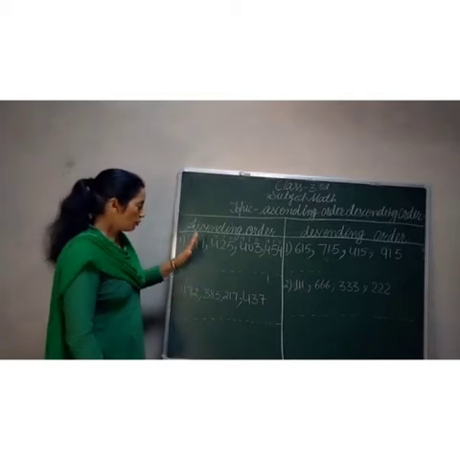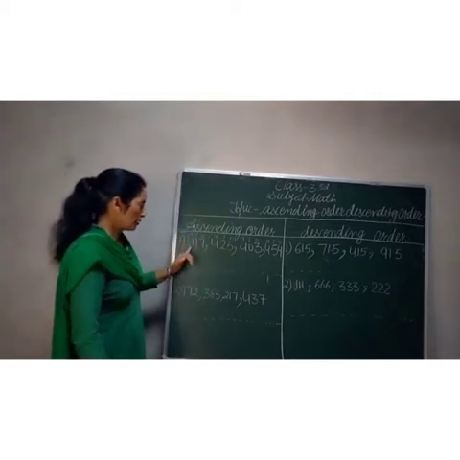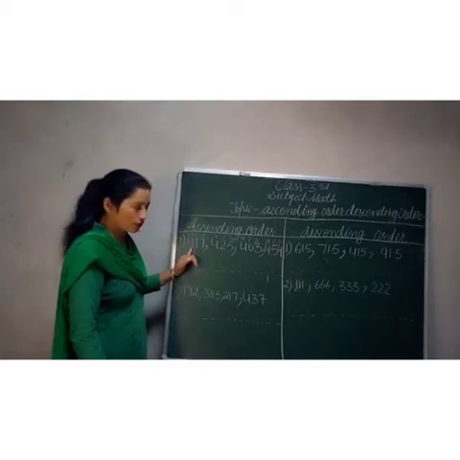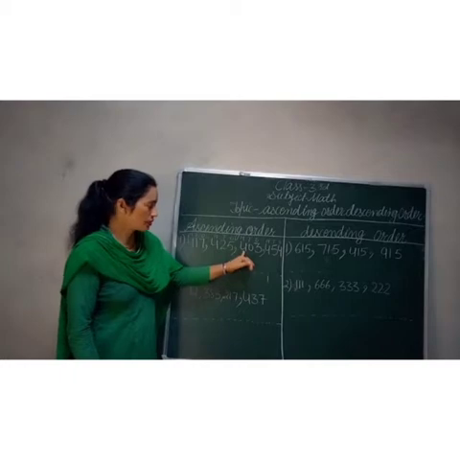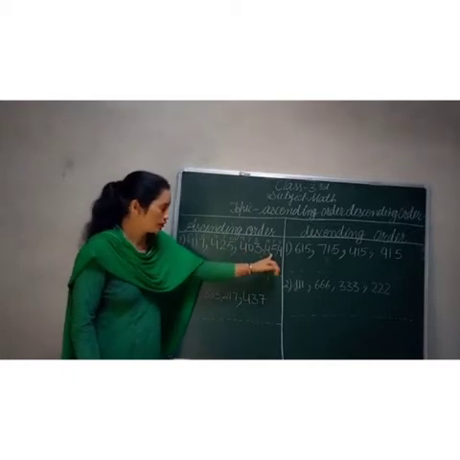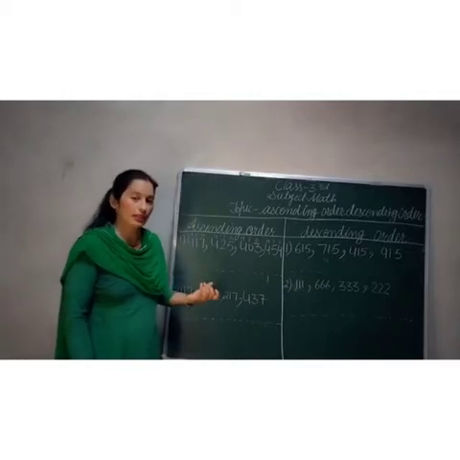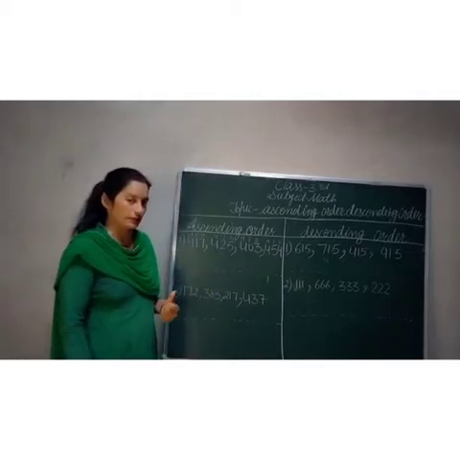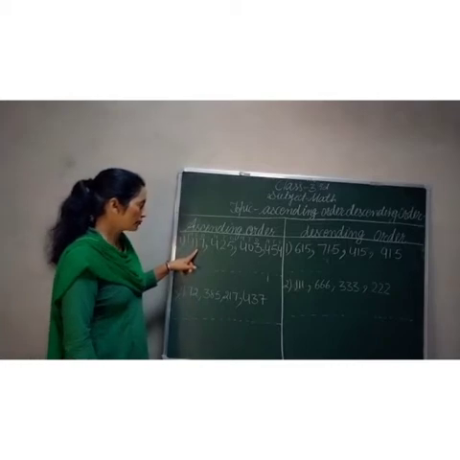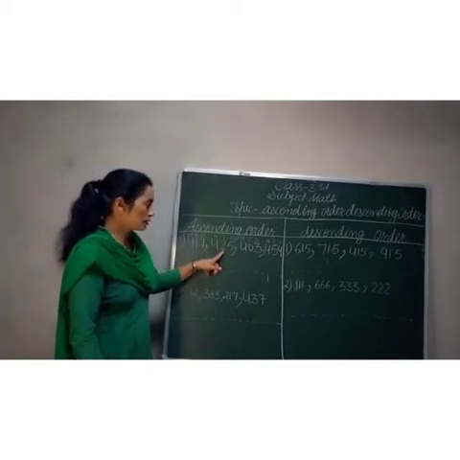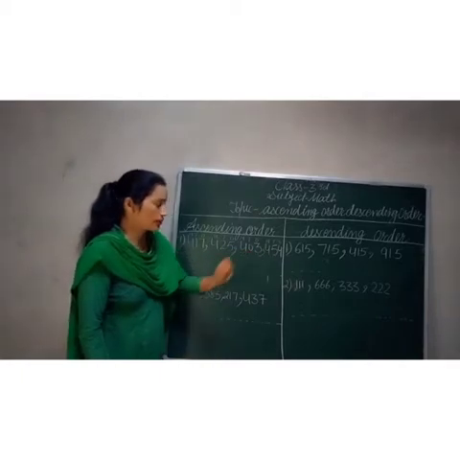Right? Now we will see the hundreds place of each number first of all. This is starting from 400. This second one also 400. The third one also starting from 4. Then the fourth one also starting from 4. Then how can we recognize which is the smallest? Now see the second digit. This is 1. This is 2. This is 0. And this is 5.